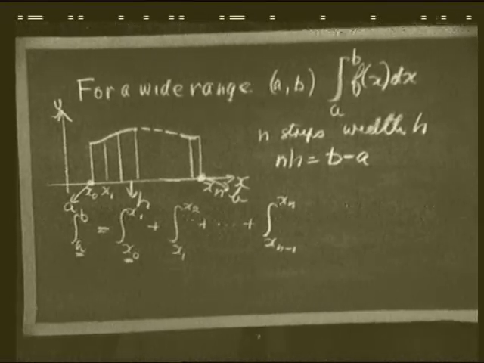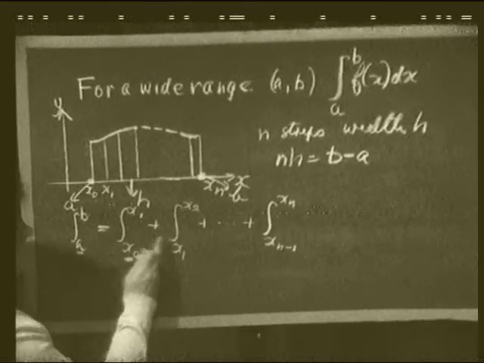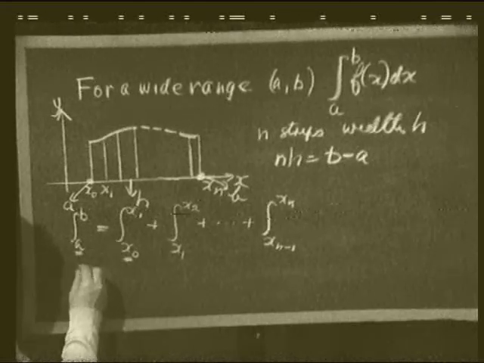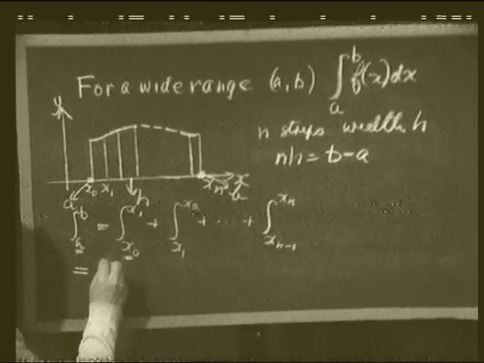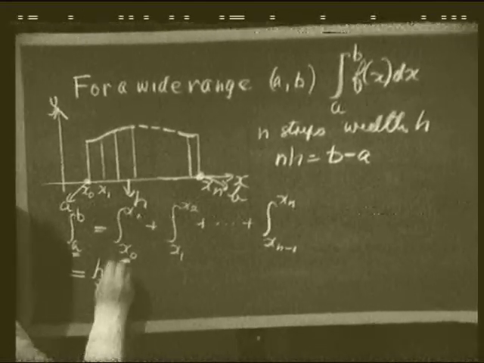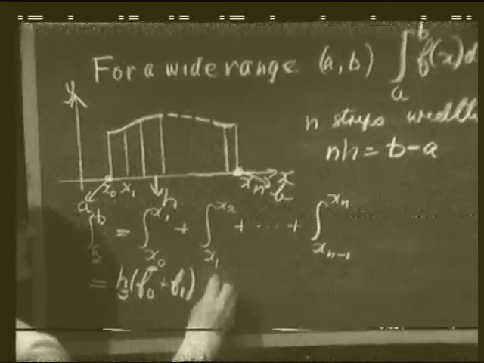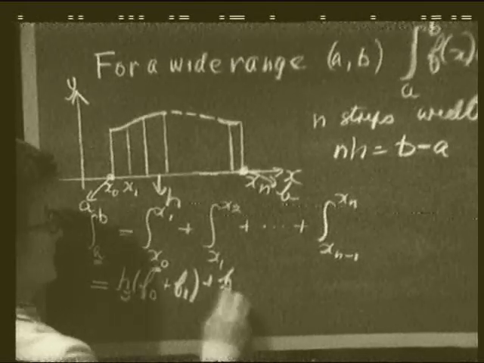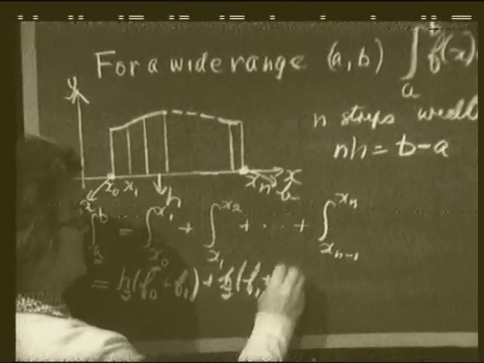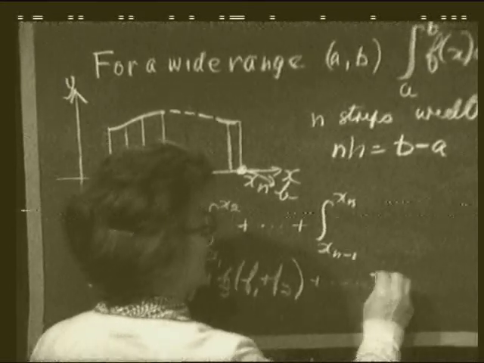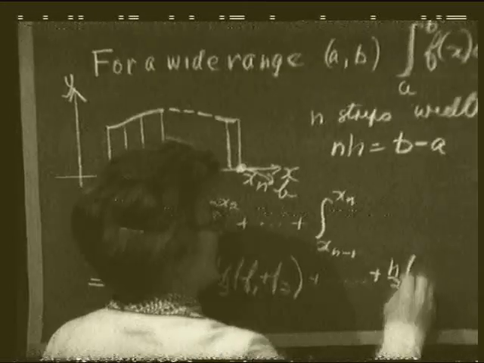And we simply apply the trapezoidal rule to each one of these individually, and this boils down to, for this one, h over 2 (f0 plus f1), and for this one h over 2 (f1 plus f2), plus, and then finally h over 2 times f